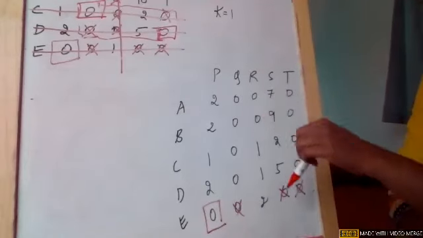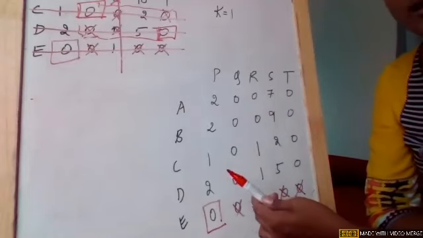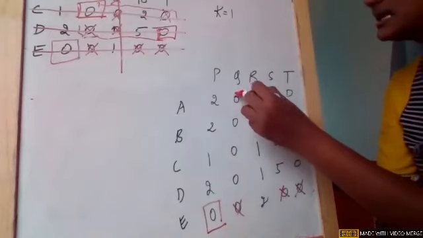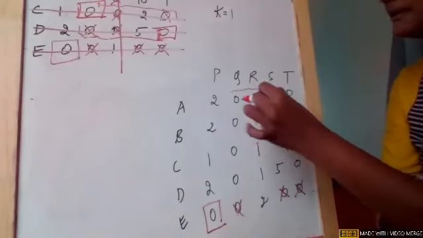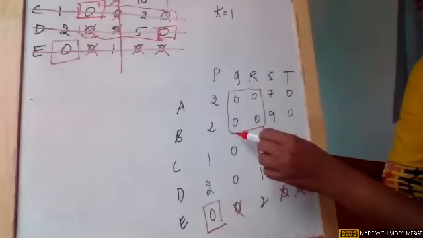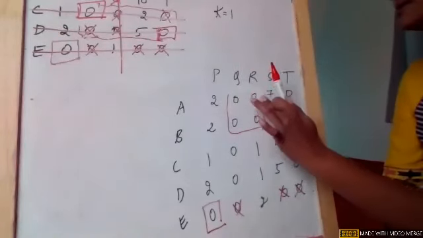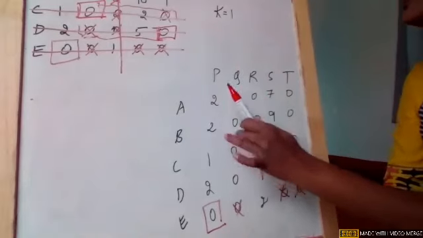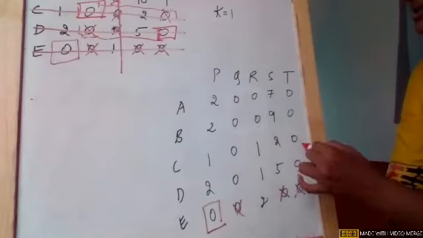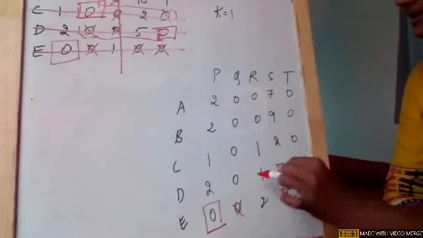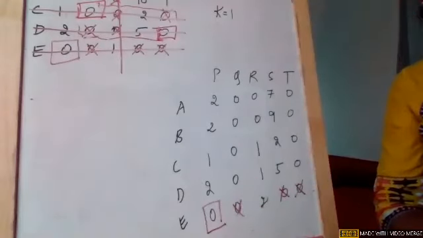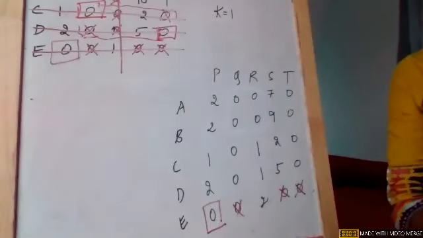Now I can't go further, because if I go in this way, nowhere am I having single zeros. But you can see the zeros form, for example, one square. There are so many shapes, I'll just show you one loop. This is one loop, this is one bigger rectangle, this is one small square, this is one more rectangle, and this is a big rectangle. So this is how all zeros are at corners of either a rectangle or a square.